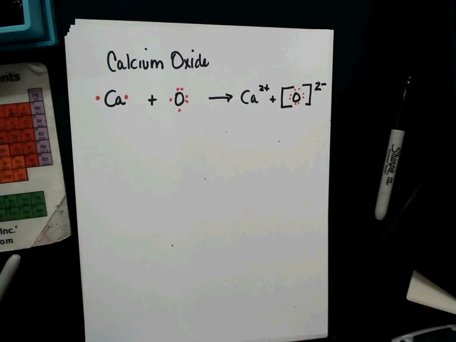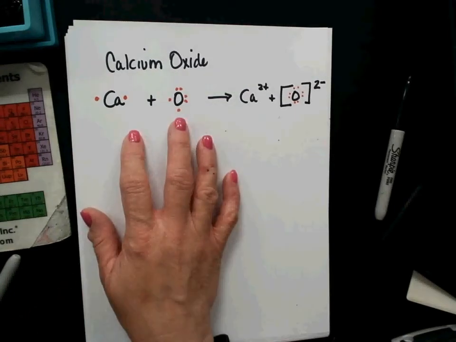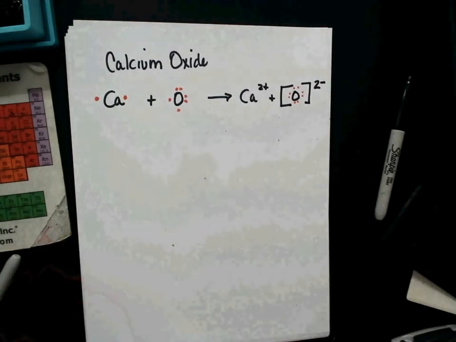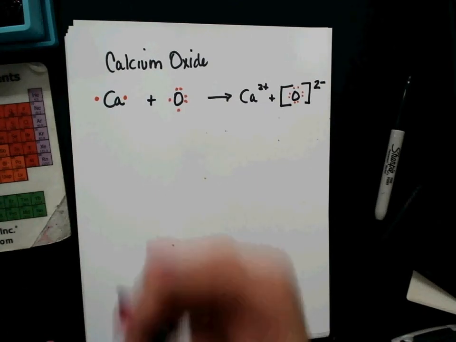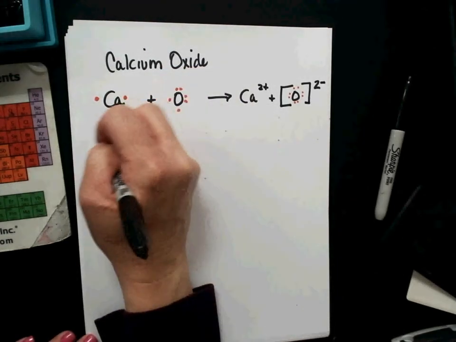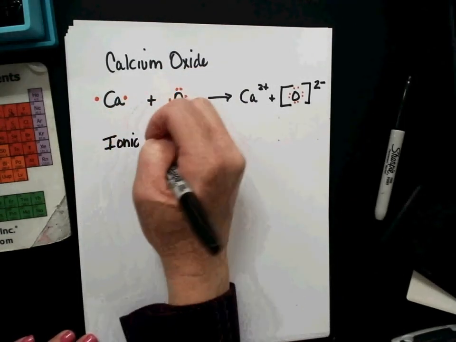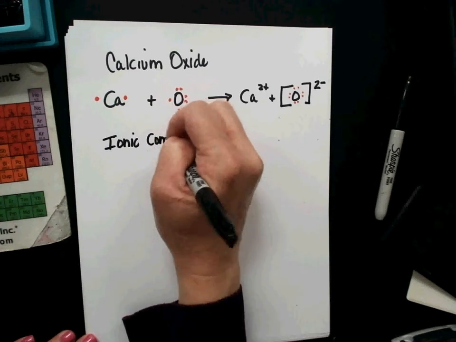We good? So this is pretty simple. And that's what they're always going to look like when you deal with ionic compounds. And because of the way these electrons interact and the ions form, it gives ionic compounds